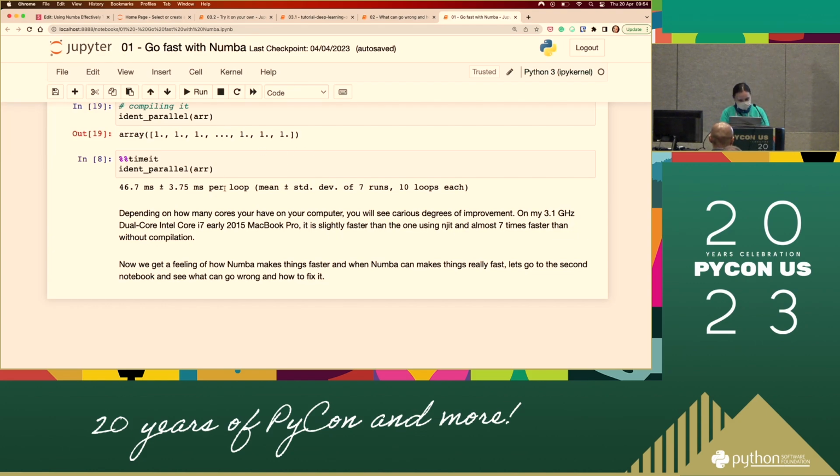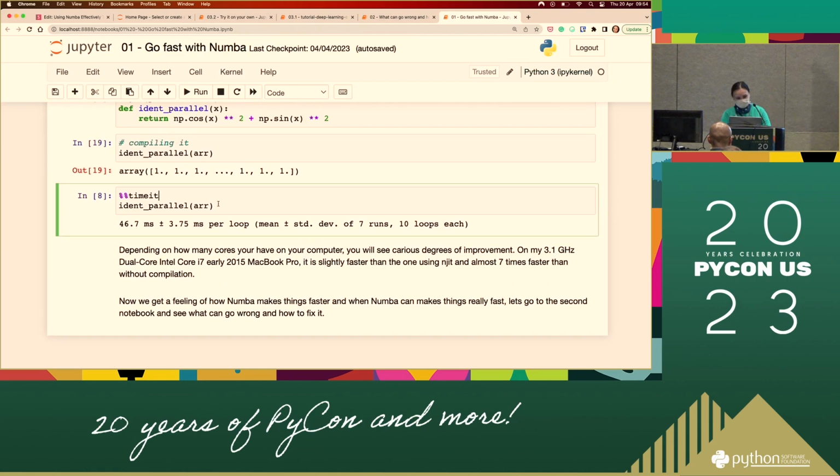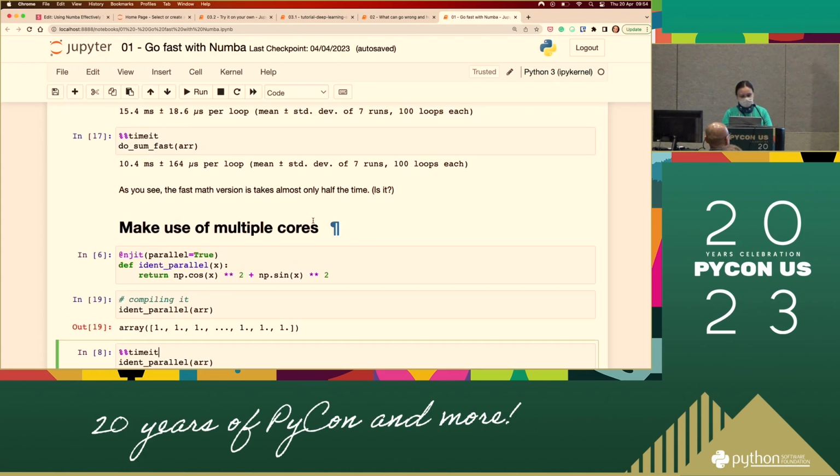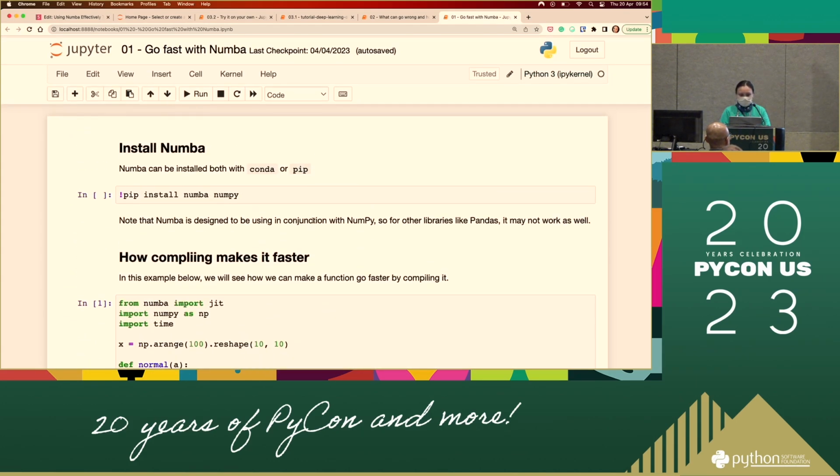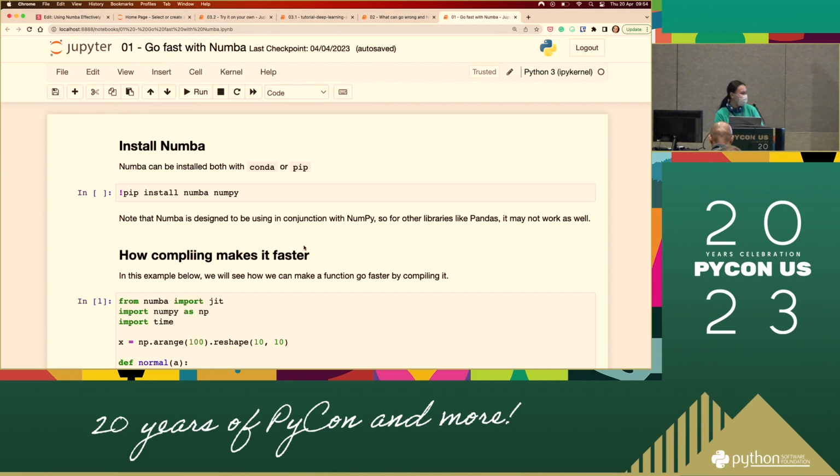But yeah, I don't know why it's not showing. If you don't run this cell and directly run it, it should show you that the result is a bit strange because the first one is actually slower. It will tell you that the deviation is very big because the first one is very slow, something like that. But yeah, mess around with the notebook. You may be able to see strange things yourself.